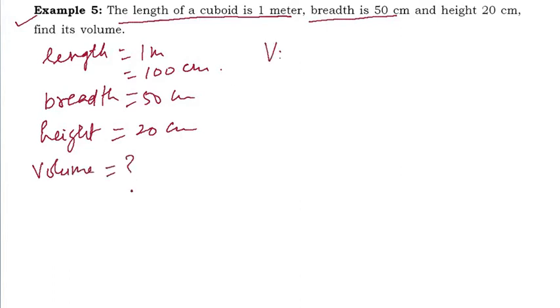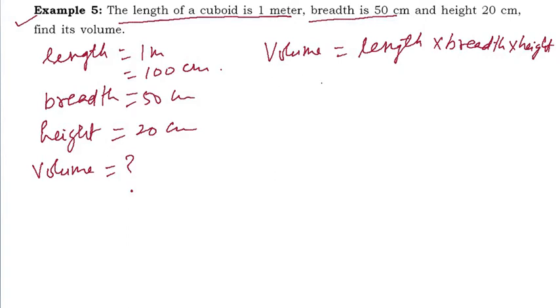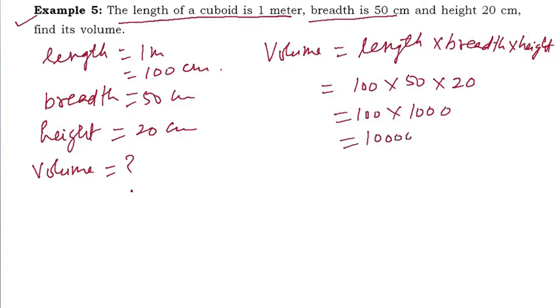So volume, you can apply the formula. Volume is equal to length into breadth into height. So length is given as 100 centimeter, and breadth is given as 50 centimeter, and the height is 20 centimeter. So you can multiply this. It is 100 into 5 tens are 10 and double zero. So you can see how many zeros? 1, 2, 3, 4, 5. So you can write 10 to the power 5 centimeter cube, and that one is the answer.